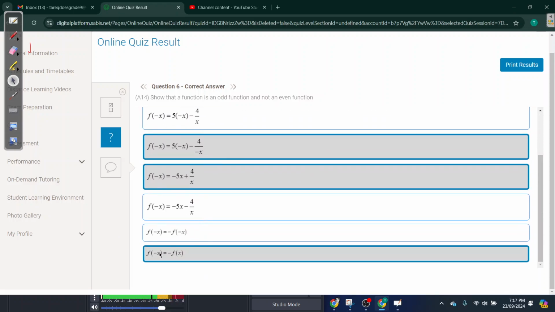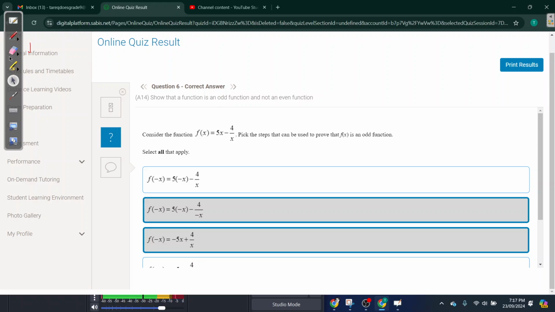So obviously you're going to want to start with f of negative x equals negative f of x. That's to test if it's an odd function or not, right? Okay, and now you want to substitute. You want to try f of negative x first. Did they check for a negative f? No, they did not. So we're only going to test for f of negative x. f of negative x is equal to negative 5x minus 4 over